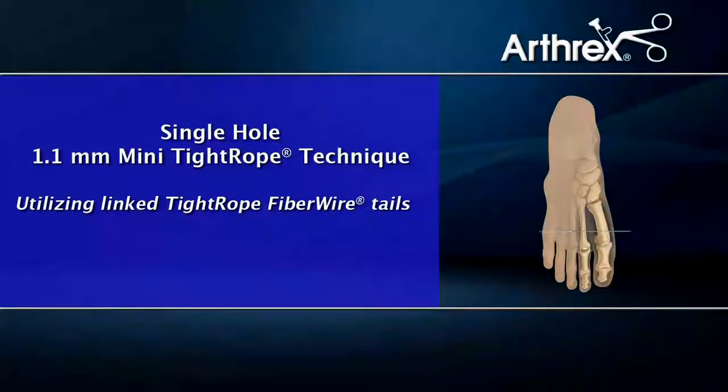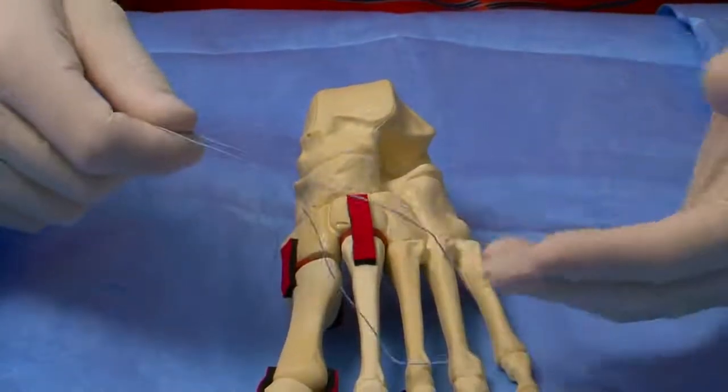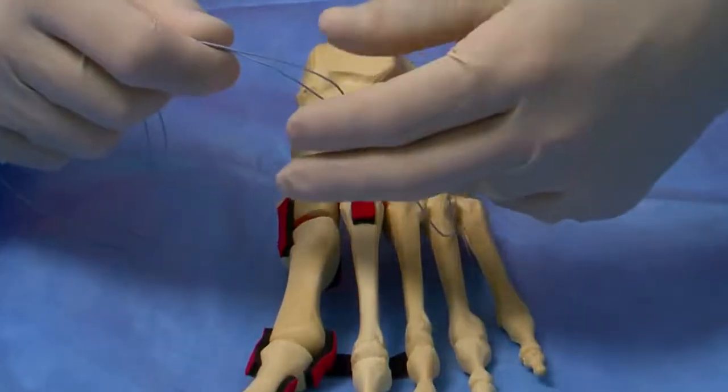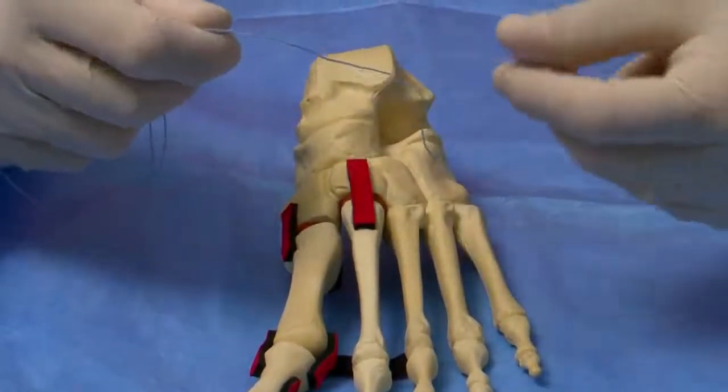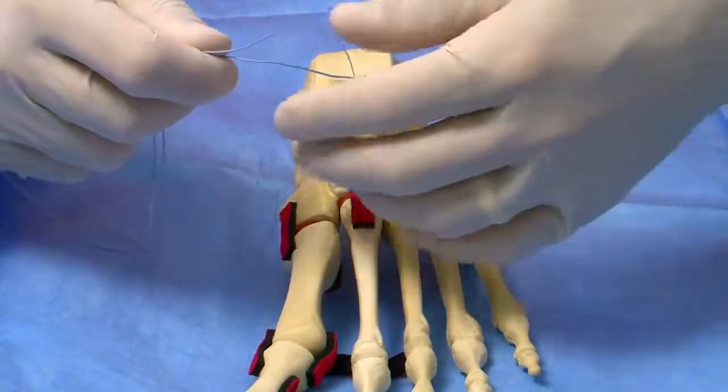The 1.1 mini TightRope technique can be performed using a single 1.1 millimeter hole using the following technique. This can be done easily by linking the two tails of the mini TightRope together in the following manner. Take one of the tails approximately 2 to 3 inches from the end